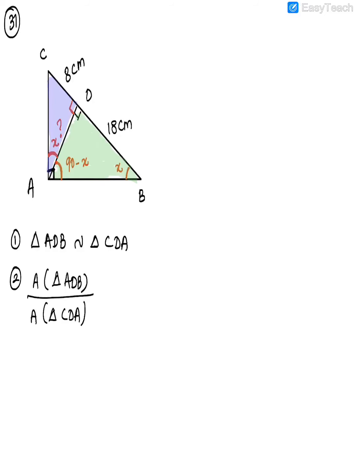Now see, first we have to prove the angle. So we'll write, let angle B be equal to X. So therefore angle BAD is equal to 90 minus X. What reason will you write? Sum of angles in a triangle is equal to 180 degrees. All this is not accepted in the boards. You will have to write the whole statement, everything.